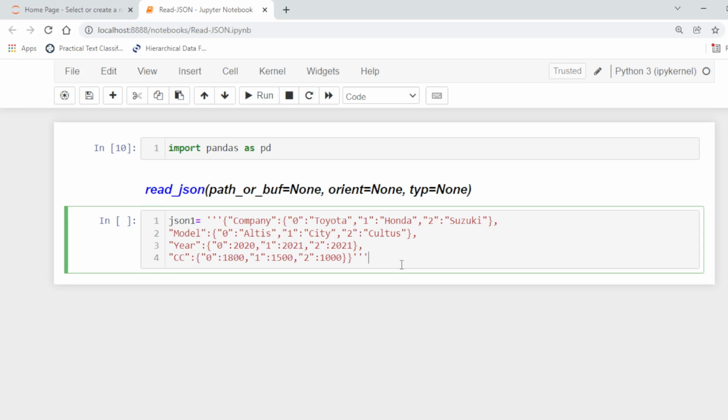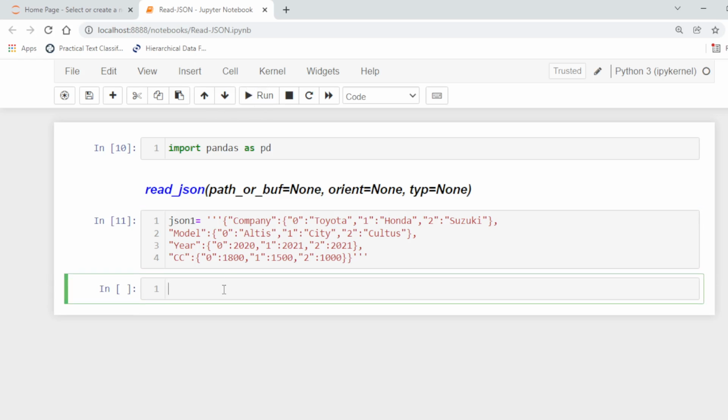Now this format is column. So here for reading, for example, data is equal to read_json and then json1. Column is actually the default one.